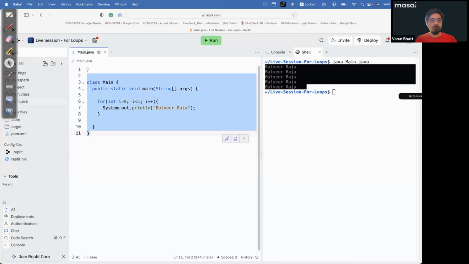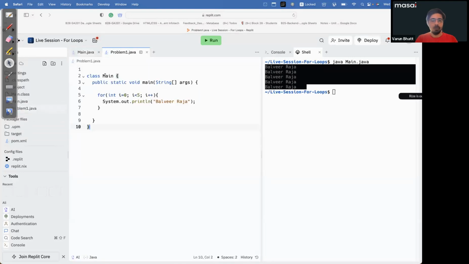So what I'll do, I'm writing problem one dot Java and I'll copy this code. I'll write problem one, and here I'm writing five, and here I'm writing I greater, and here I'm writing Dharamveer Raja. Okay. So now what you need to do is a dry run